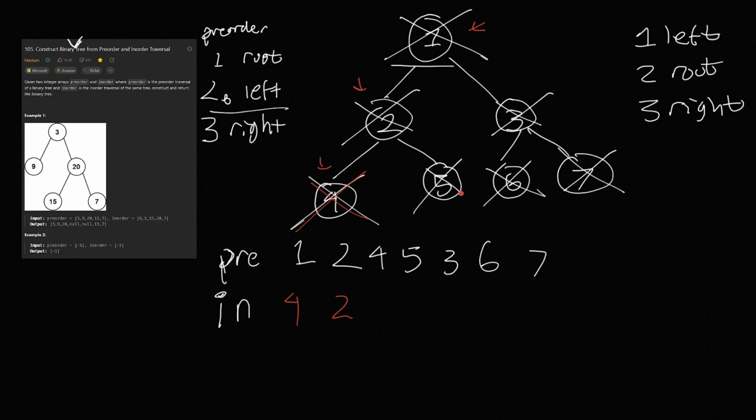Now we can go to the right. All right, the right is number 3, so we do inorder traversal on that. And this is a child node, so there's nothing else that needs to be done here. This is done, and this is also done. Okay. Now, what's interesting is when we get back up here,